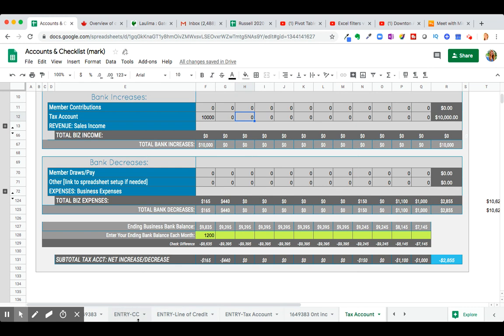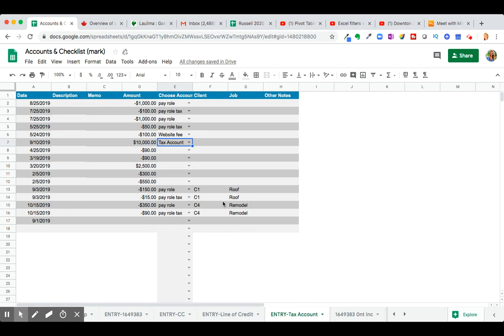So that's it. You enter things on the entry sheet by your main bank account, your credit card account, your line of credit, and your tax account. All of these are the exact same. You can copy and paste for September if you go into your accounts online and export your statement, or you can go through your documents, enter the date,